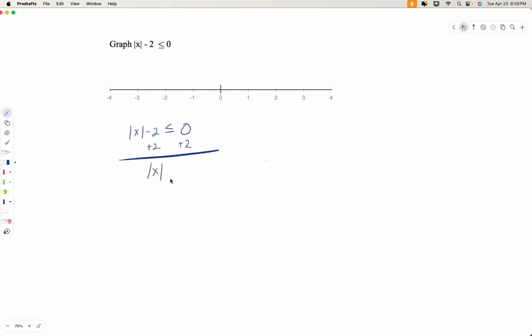Absolute value of x is less than or equal to positive 2. Now we've got to take this and make it either positive or negative. So positive x is less than or equal to 2. Negative x is less than or equal to 2. Again, opposite of that will give us positive x greater than or equal to -2,